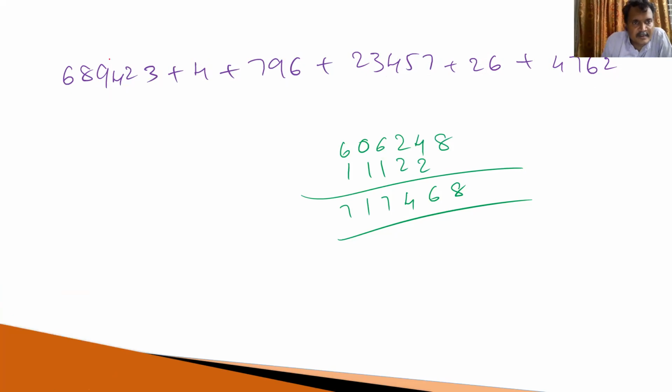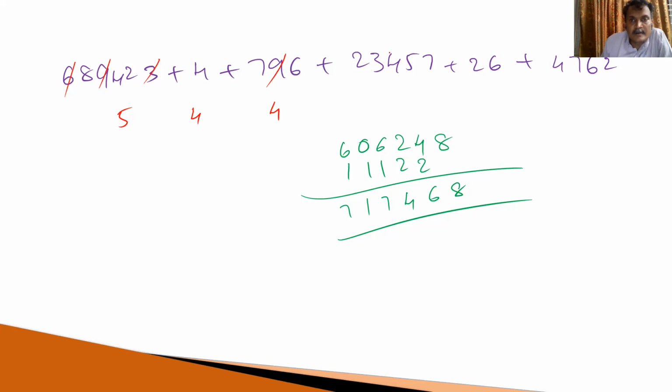Yeah, it is sum. 9 cancel, 6 and 3 cancel, 8 plus 2, 10. That is equal to 1. 1 plus 4, that is equal to 5. And this is 4. 9 cancel, 7 and 6, 13. That is equal to 4, right? 7 plus 6 equal to 13. 1 plus 3 equal to 4. You always convert that sum into single digit.